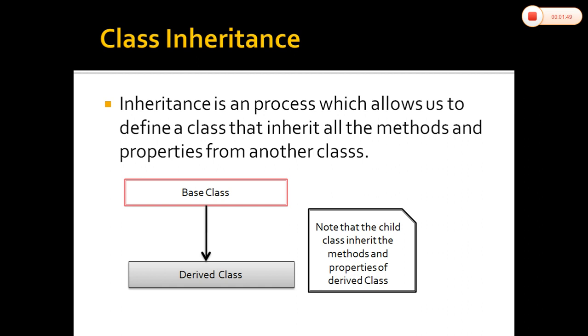Inheritance, keep in mind, is the one which is going to define the class that inherits all the methods and properties from another class. What is the difference between a parent class and a child class? Parent class is also called a base class. Okay, we can also say it as a superclass, from where the methods and properties can be inherited. Whereas the derived class is also called a child class or subclass, which inherits from the parent class. Okay, and this is the basic introduction about inheritance. Inheritance is nothing but accessing the information from the base class in the derived class.